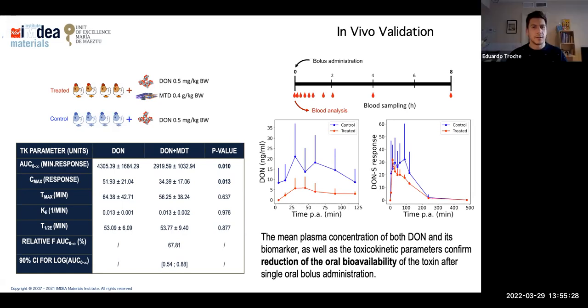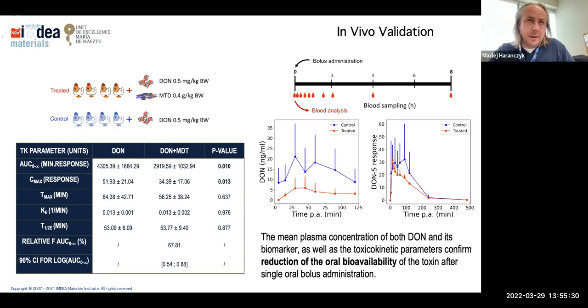I will direct you to this publication because I have to say this is the first time in my career where I was part of a project with live animals. So lots of those tests are new. This project was just accepted in Scientific Reports. So you can find the publication with all the details.